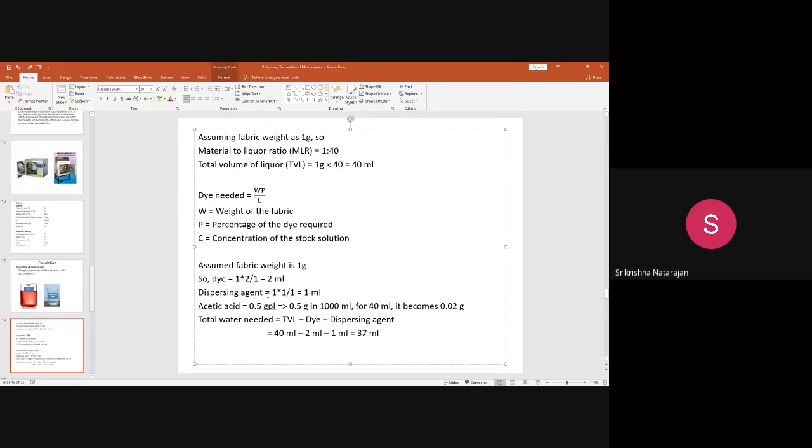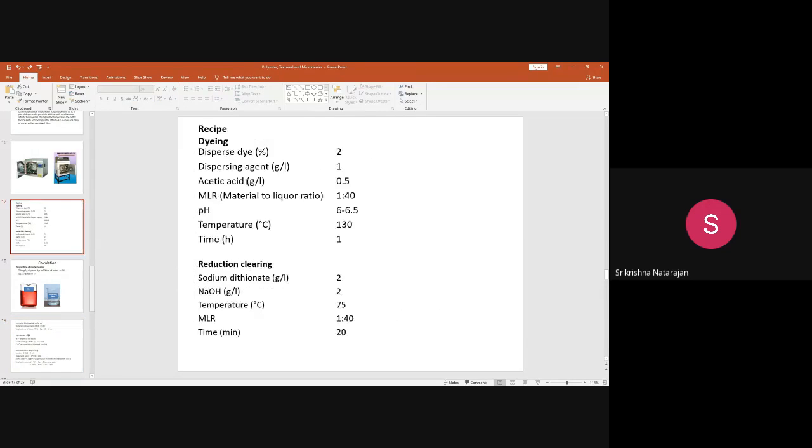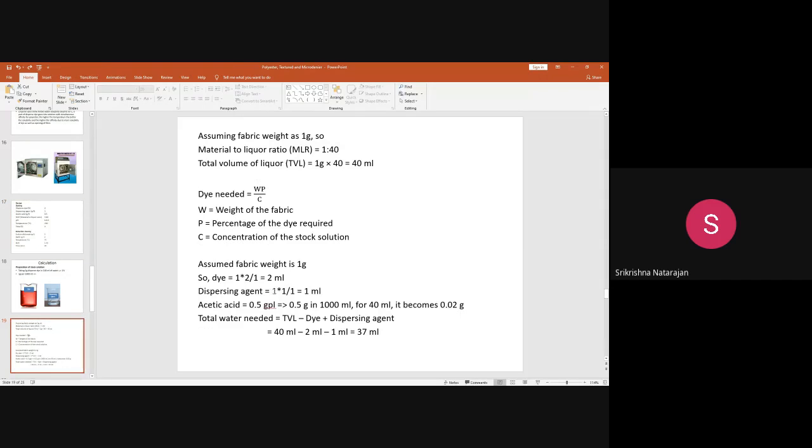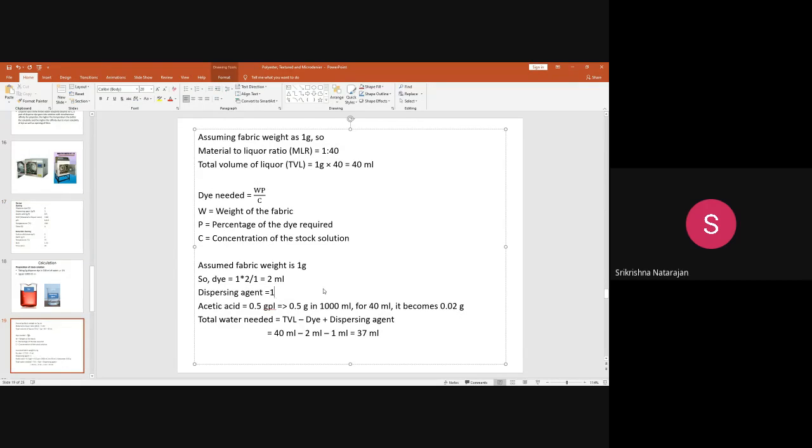So this is how you prepare it. Coming to the dispersing agent, it is written as 1 GPL. This is different from percentage. How do we take it now? There are two ways to take chemicals. One is to directly take the weight in grams from the physical balance. Otherwise, you prepare a solution and then take it with a pipette.